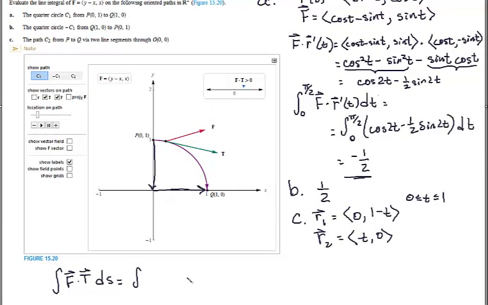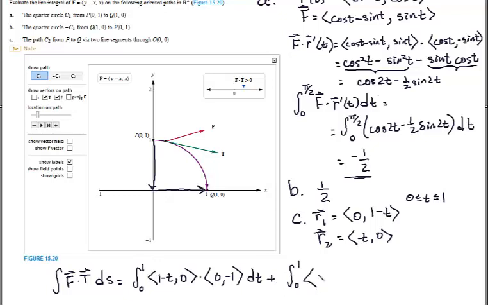So the y minus the x is going to be 1 minus t, comma 0, and then just the x component was just 0. Dot product with, and the derivative of that r vector is just 0, -1 dt, evaluated from 0 to 1,